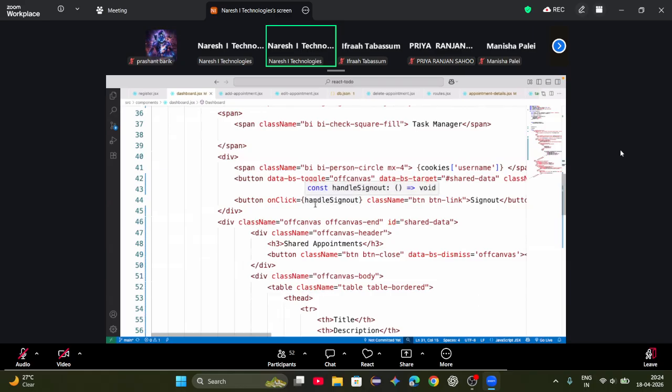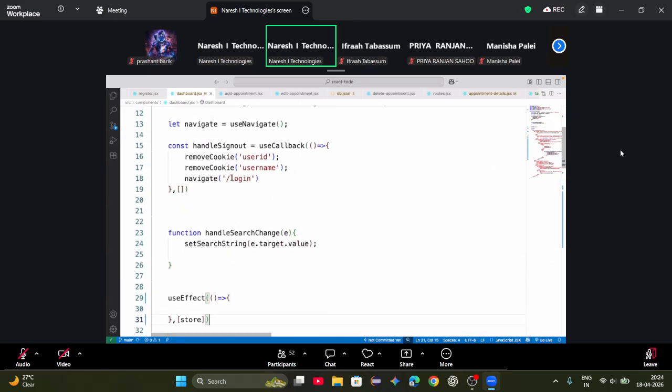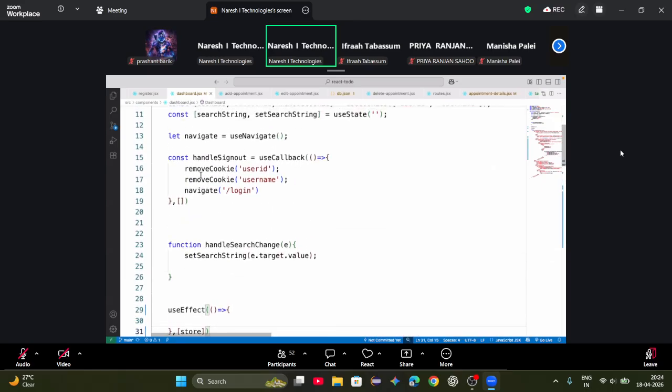I think sign out is a callback dependency,